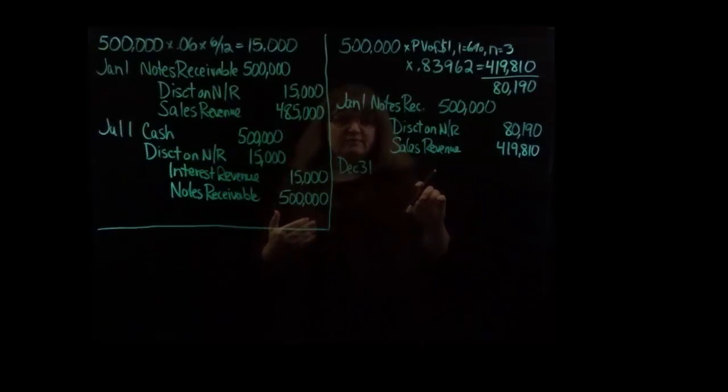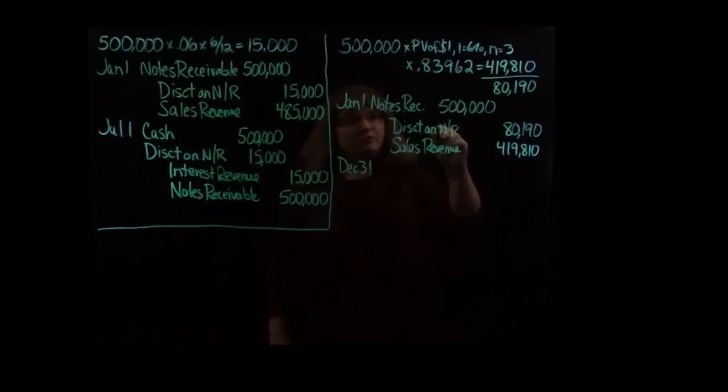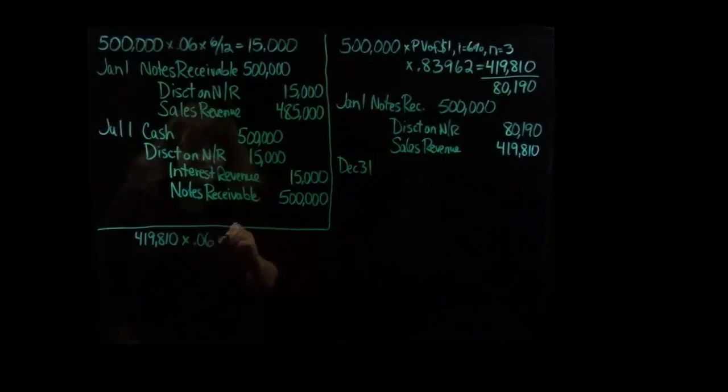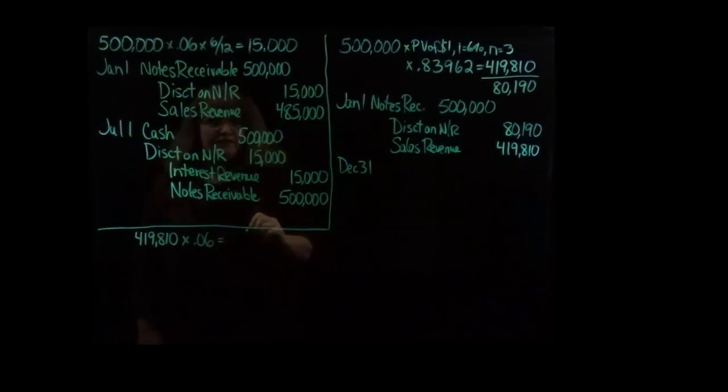Then when we get to December 31st, now we've reached the end of an accounting period and we need to make financial statements. So even though the course of this note is not finished, we need to recognize part of the interest revenue even though we're not receiving it yet. And so what we're going to do is convert part of this discount from the discount into interest revenue. To do that, we're going to calculate the present value, the $419,810, times 6% interest. That's the amount that we will assume that we earned in that first year. So we're taking the book value of the note, which started out at the $419,810, and multiplying it by 6%. That gives us